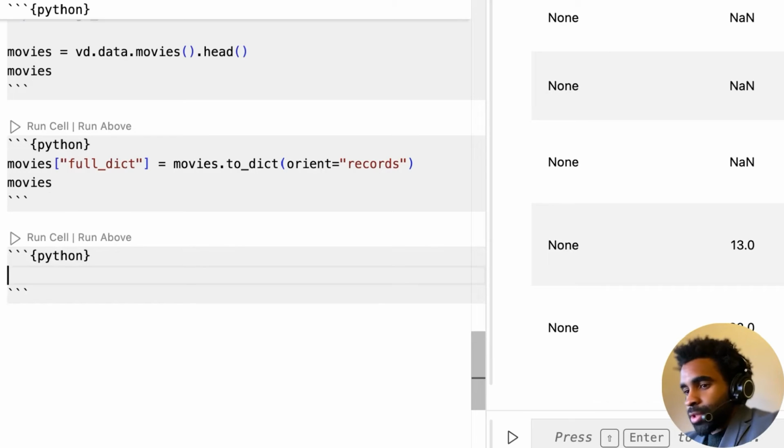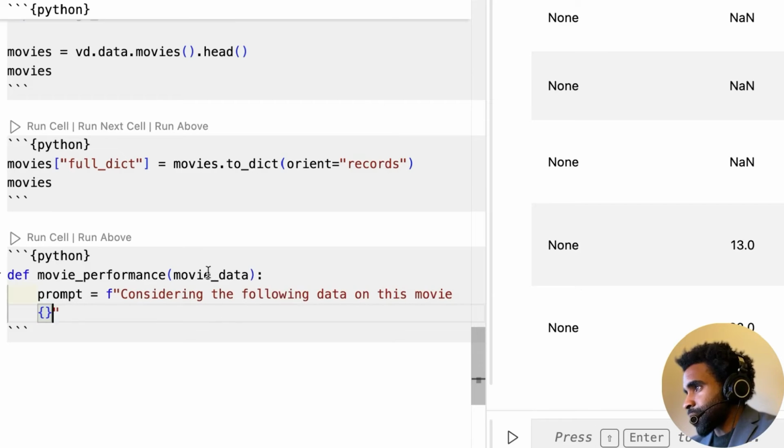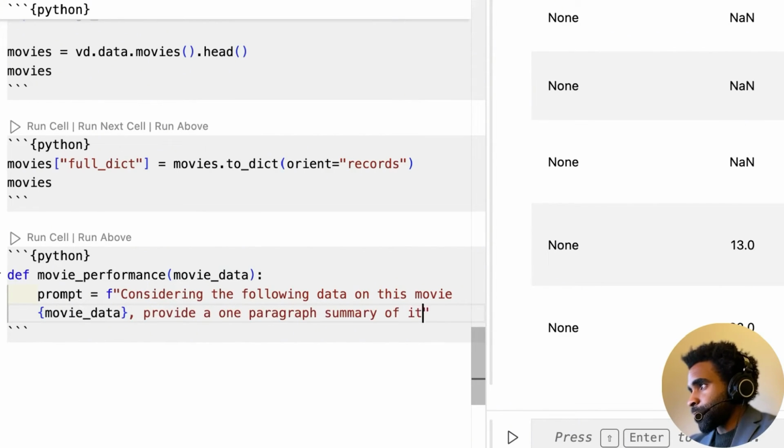So let's make a new code chunk and let's create a function which we'll call summarize movie performance, or maybe just movie performance. And it's going to take in that movie data. And for the prompt, we're going to use an f string. So prompt equals f string. And let's say considering the following data on this movie. And here I'm going to dump in that dictionary, that movie data information. And then I'll say provide a 1-paragraph summary of its performance for my report,